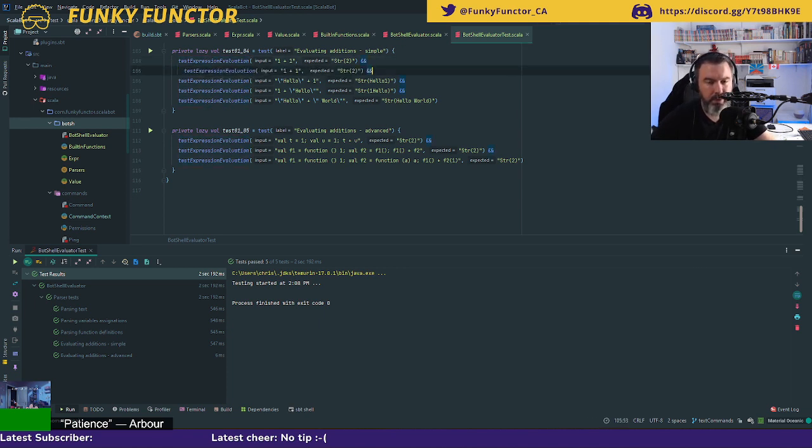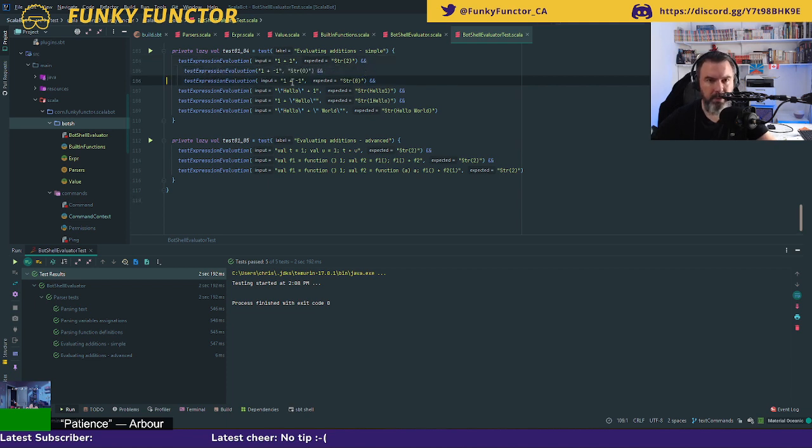So this one, I'm trying to do 1 plus minus 1, and that should be returning 0. And we're going to do the other way around as well. So I want to test minus 1 plus 1. And in either case, that should return 0.